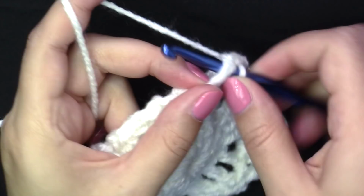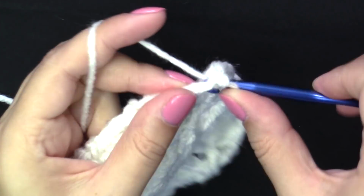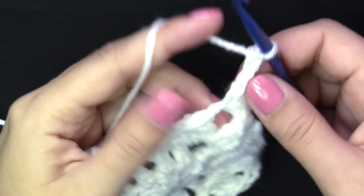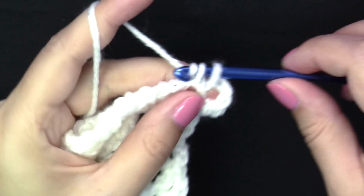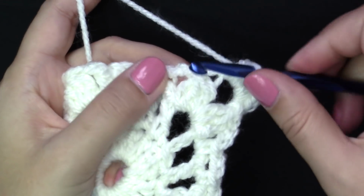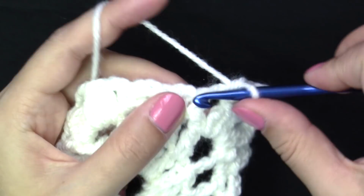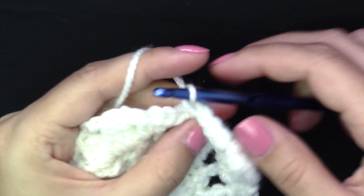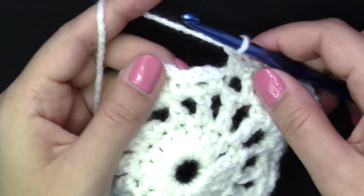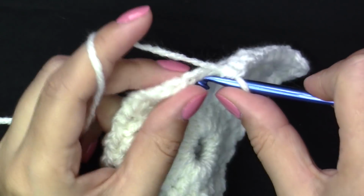Slip stitch into the chain 3 space, into the corner, chain 1, and put 2 single crochets into that space. Then chain 3, 1, 2, 3, and 2 more single crochets into the corner, 1 and 2. Now we're going to be putting single crochets. So a single crochet is going to go into the chain 3 together, 2 single crochets into the chain 2 space, 2 single crochets into the next chain 2 space, then you're going to chain 1, 2 single crochets into the next chain 2 space, 2 single crochets into the next chain 2 space,